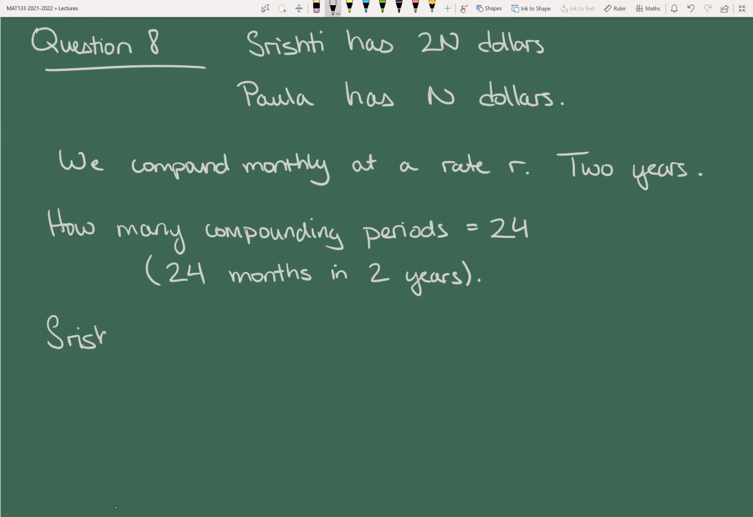What I meant is that, so let's see, P Paula over P Srishti, is equal to N multiplied by the rate to the power of 24 over 2N multiplied by the rate to the power of 24. And because R is a constant, you just cross them out. And you just cross out N and N, and you just cross multiply. And so you get what? You get